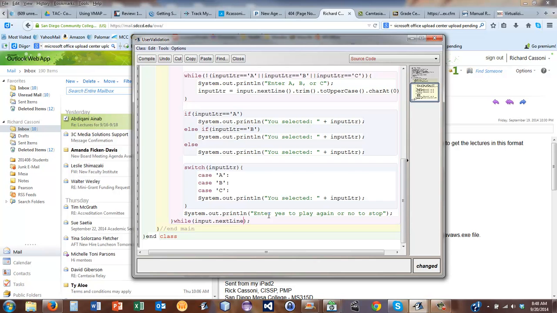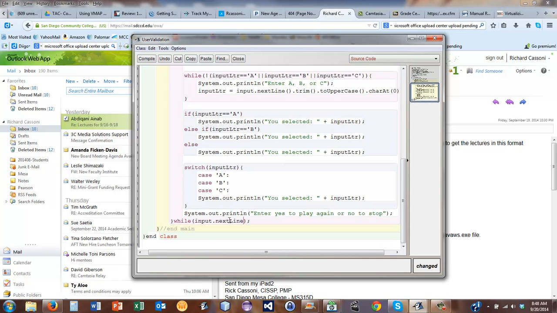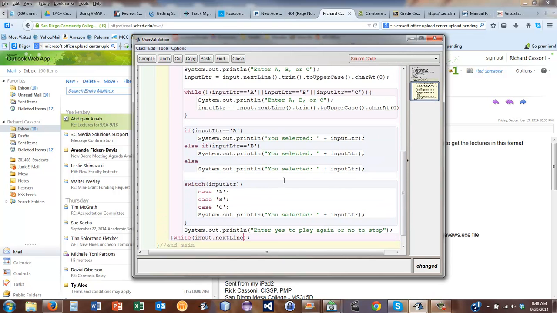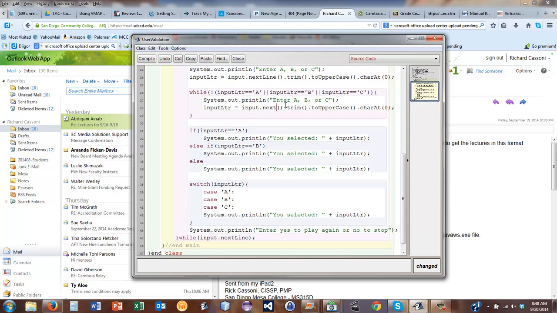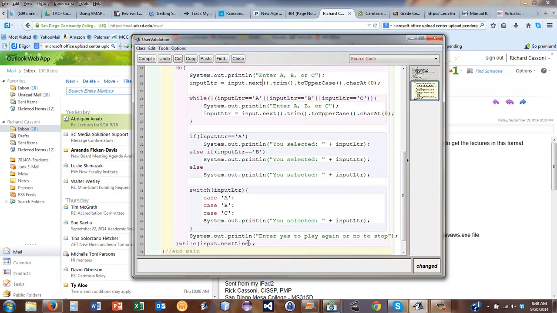Now you have to be careful on this. If above here you put next, you would have to put next down here. Otherwise, if you did nextLine, you're always going to be grabbing that \n at the end. So let me show you this now while we're here. We'll say next, and then we'll do nextLine here. Just for grins, we'll put this in and watch what happens. So, input.nextLine.equals, and this is going to be .equals because this is a string, that equalsIgnoreCase